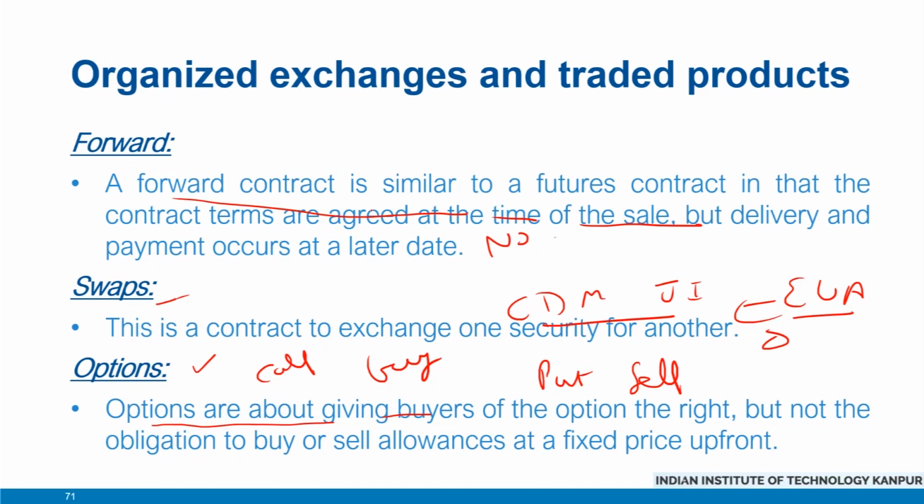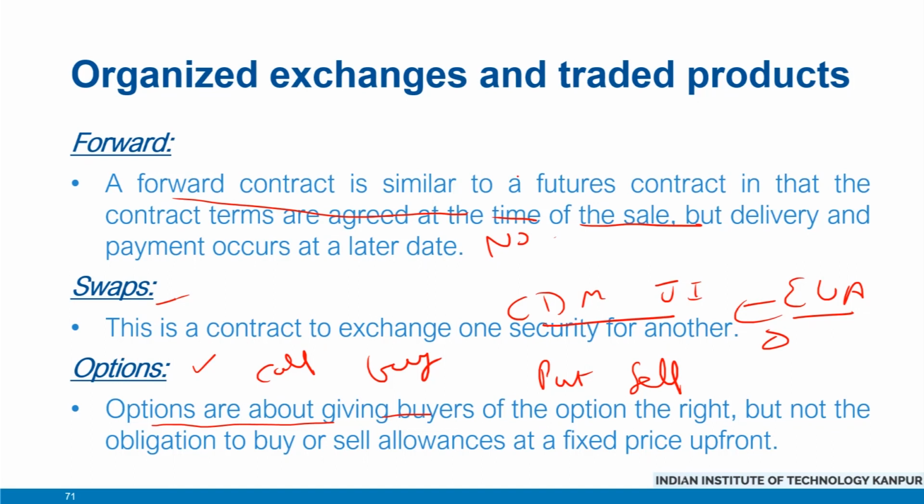To summarize this video, we discussed very important securities traded on organized exchanges for the UETS carbon trading scheme. In particular, we discussed the spot, where the trade and settlement take place immediately on the spot. We also discussed futures, which are a standardized contract between two parties to buy or sell a specified amount of carbon units at an agreed price today, but with delivery and payment occurring at a specified future date. We also discussed forwards, which are similar to futures, but they are not standardized; they are more customized and